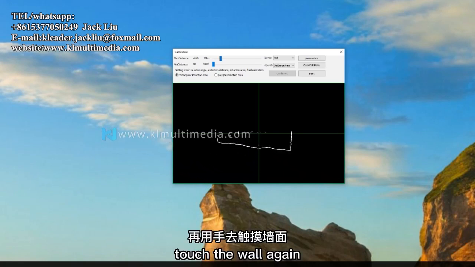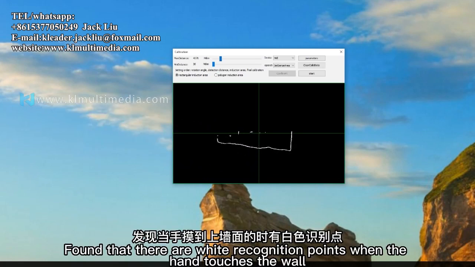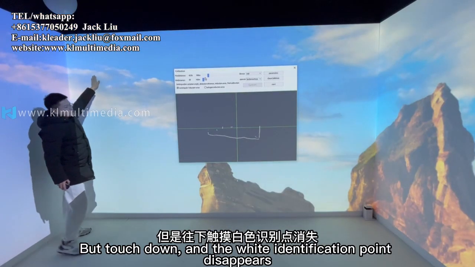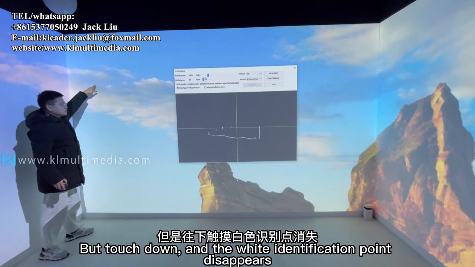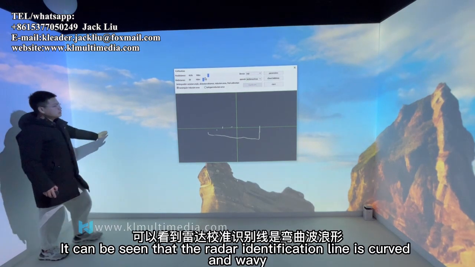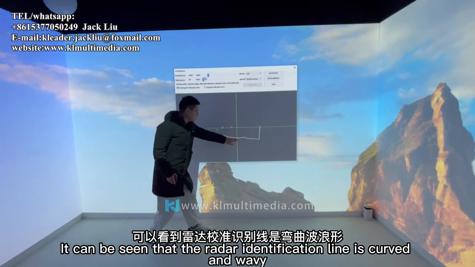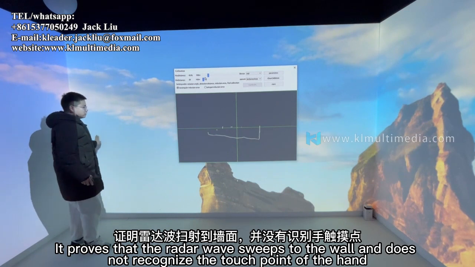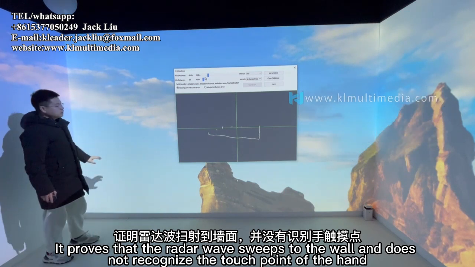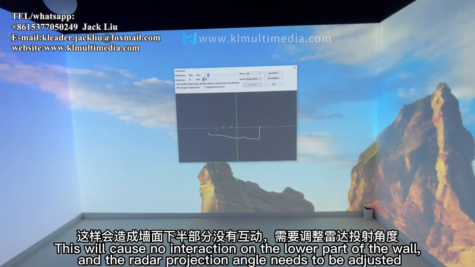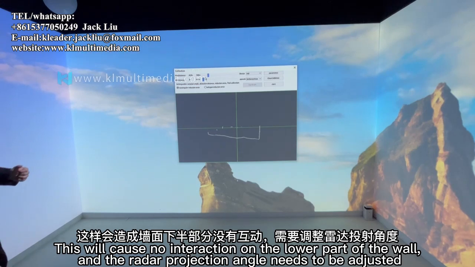Touch the wall again. There are white recognition points when the hand touches the wall, but when touching lower down, the white identification point disappears. It can be seen that the radar identification line is curved and wavy. This proves that the radar waves hit the wall and do not recognize the touch point of the hand. This will cause no interaction on the lower part of the wall, and the radar projection angle needs to be